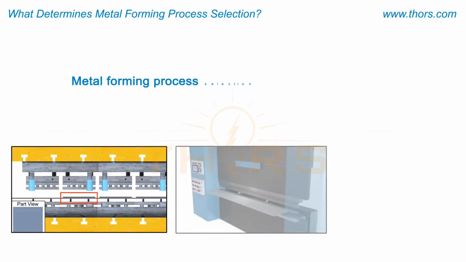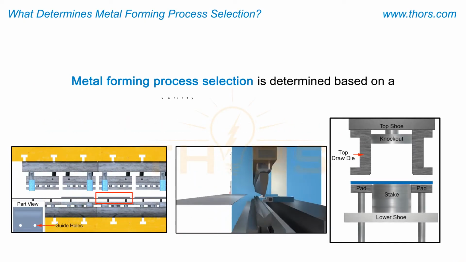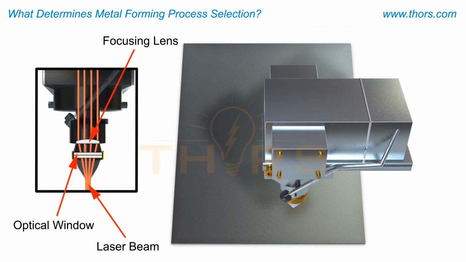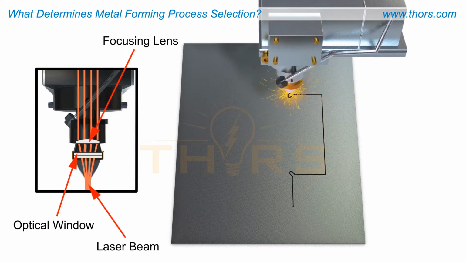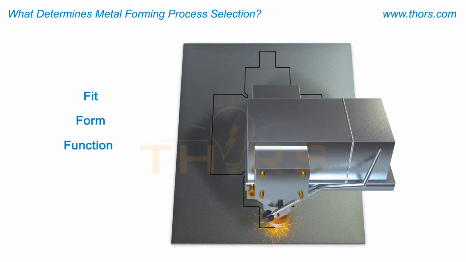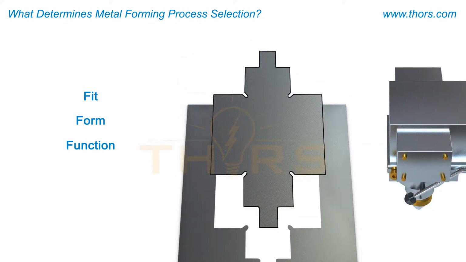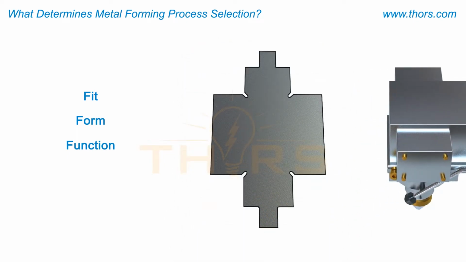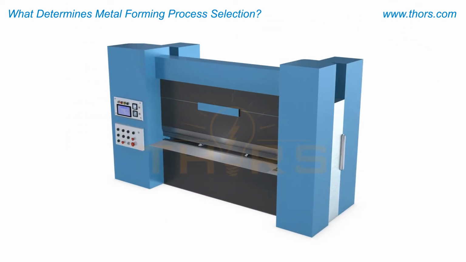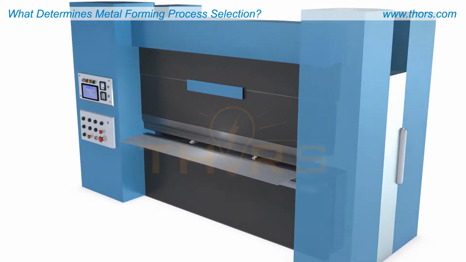Metal forming process selection is determined based on a variety of important factors. The physical requirements and functionality of the part must be precisely met. The fit, form, and function of the part influences many of the decisions that will be incorporated into the overall manufacturing process. It must also be known if the part is a new design, a retrofit in the field, or